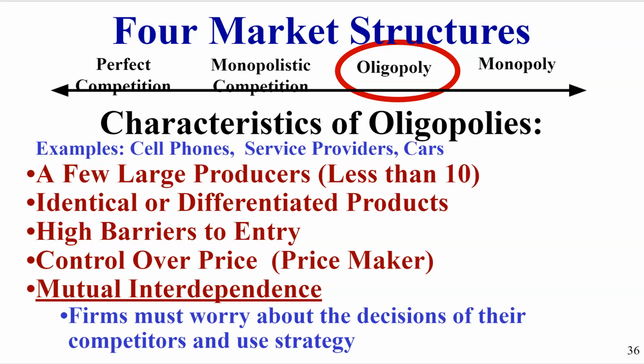And that's why they're price makers, just like monopolies are. Much more price makers because you have some interdependence on the other firms in terms of what your prices will be set. And again, we'll talk about this when we get to chapter 15. But the idea here is that you have a situation in which there's few players, they have significant market power, there are huge barriers to entry, and because of that, they can control their price,